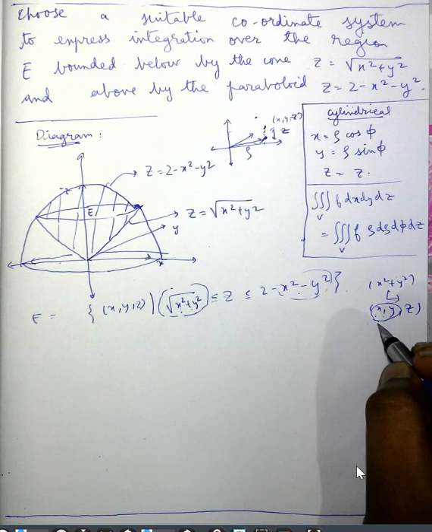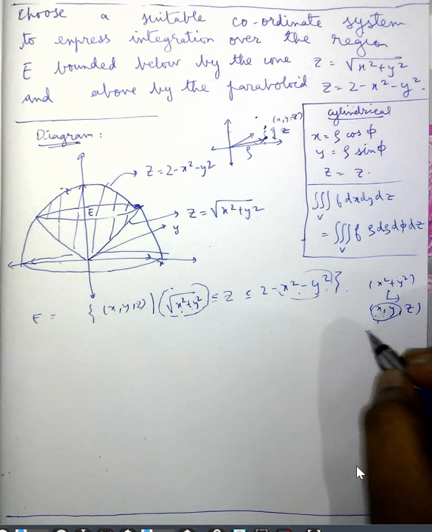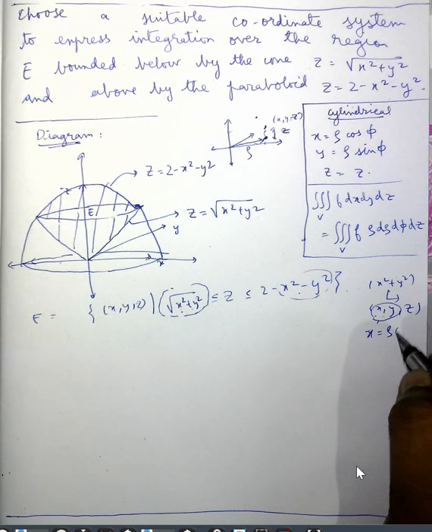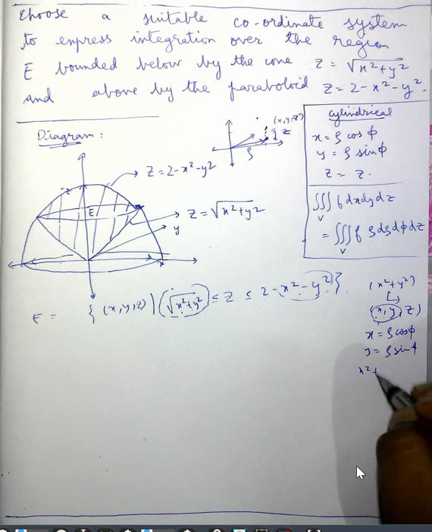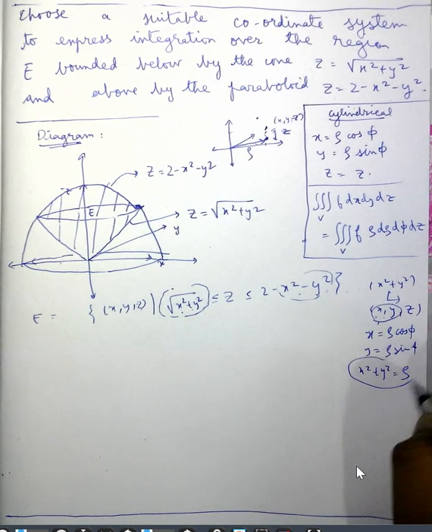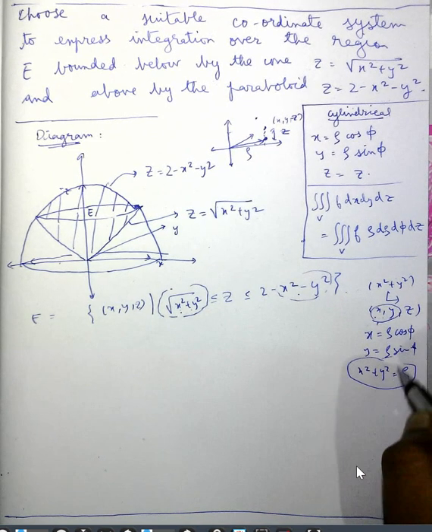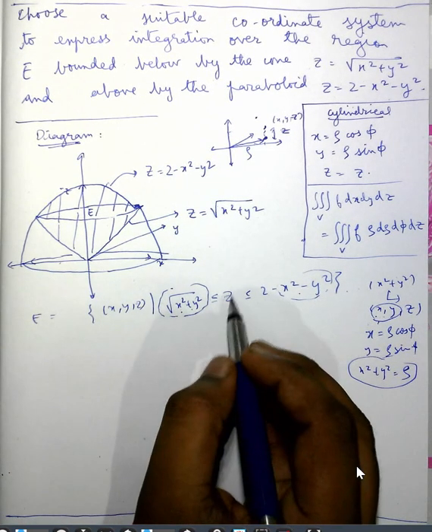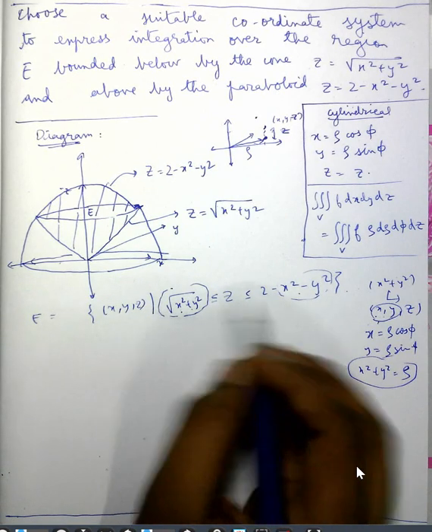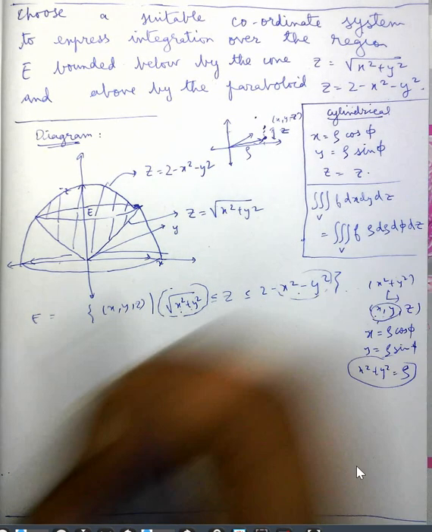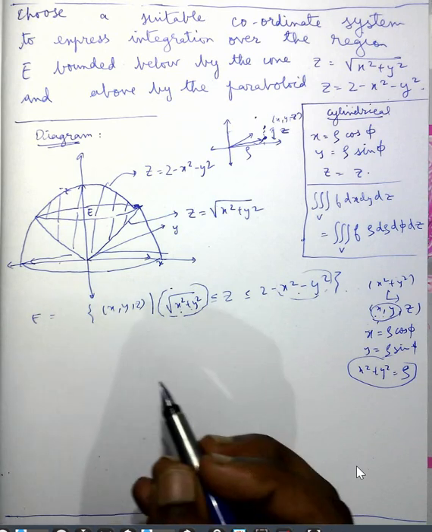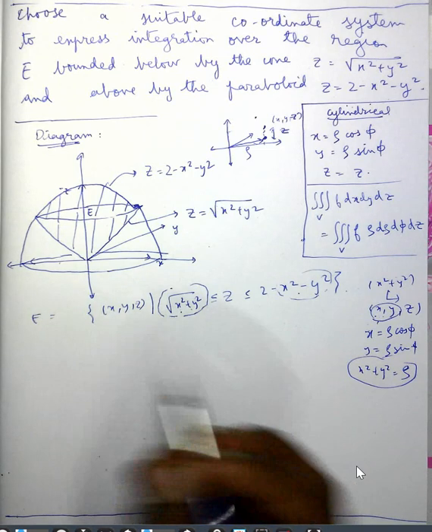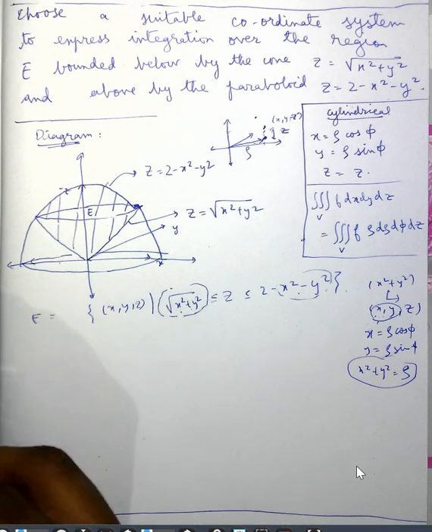then you want to use the cylindrical coordinates, because in cylindrical coordinates when you substitute x equal to rho cos phi and y equal to rho sin phi, then x square plus y square is simply equal to rho square. So the whole term x square plus y square just reduces to one coordinate in case of cylindrical coordinates, which is the rho. And also you have this equation written in terms of z, and z itself is a coordinate in the cylindrical coordinates. So that is a hint that you want to use cylindrical coordinates instead of, let's say, spherical coordinates.